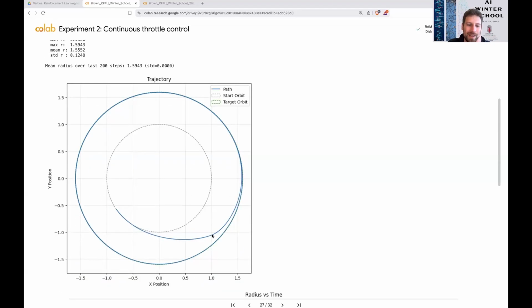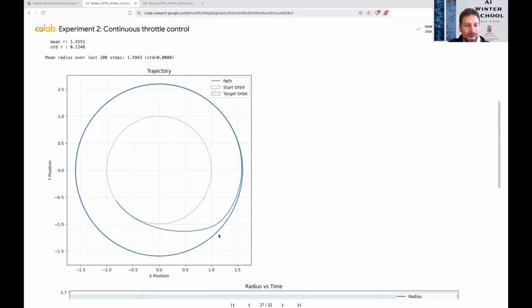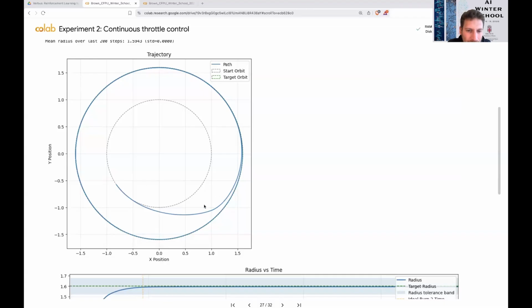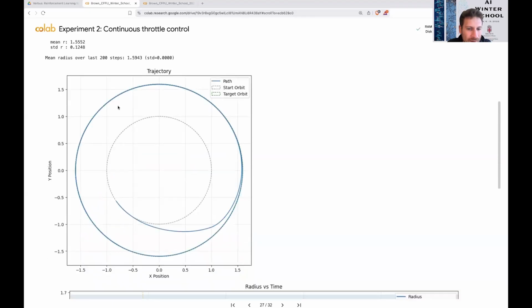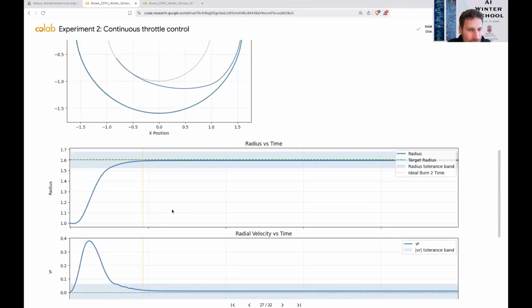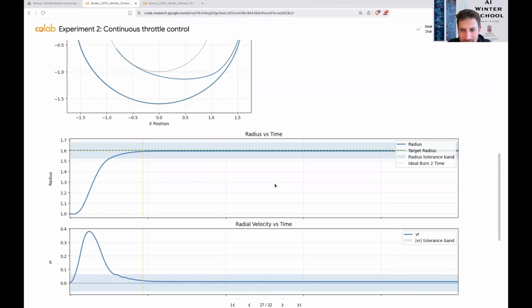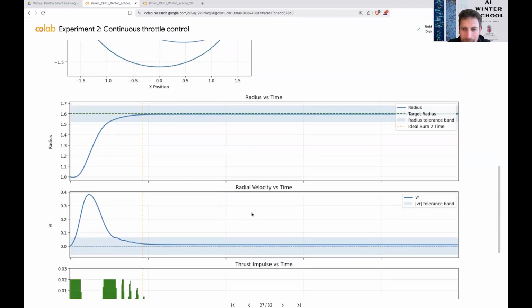And you can actually see there must have been a lot more burning, because we don't have a nice ellipse. We actually have some weirdly shaped transfer. So this is obviously not perfect. Maybe more time steps, or slightly different choice of parameters could get a little bit better here. But basically, this is where that inefficiency is probably coming from. But again, the good news is we get to the right radius, at least in this run,